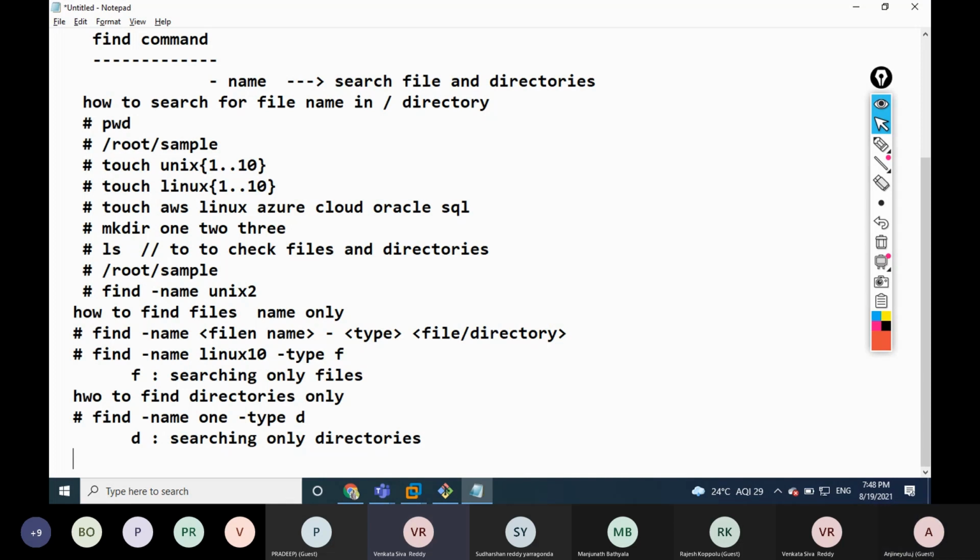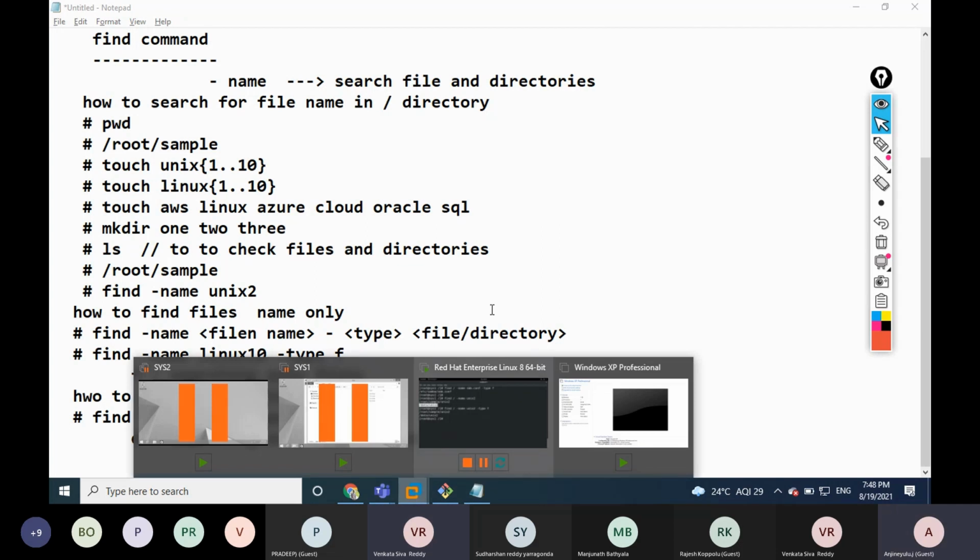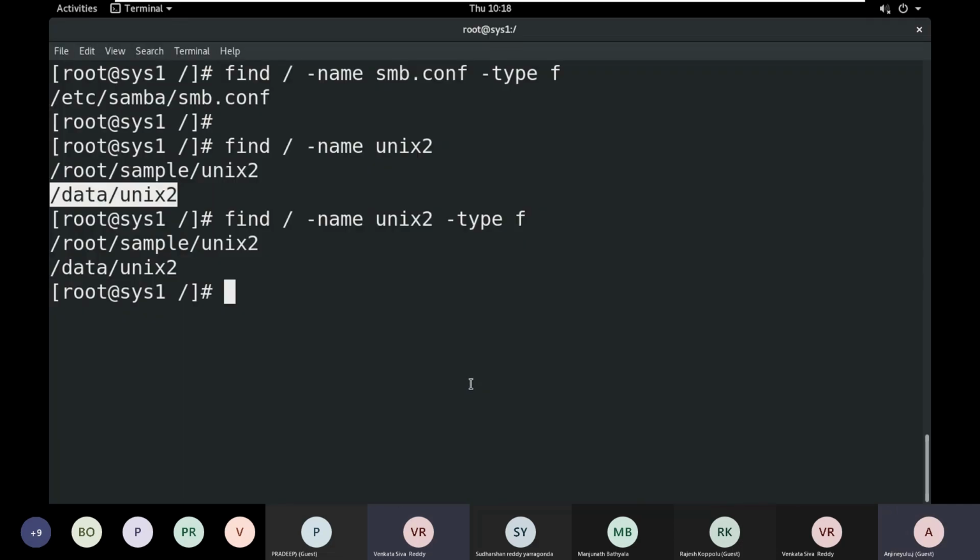Then, for example, I want to search only empty directories or files. So how to create an empty directory or file?